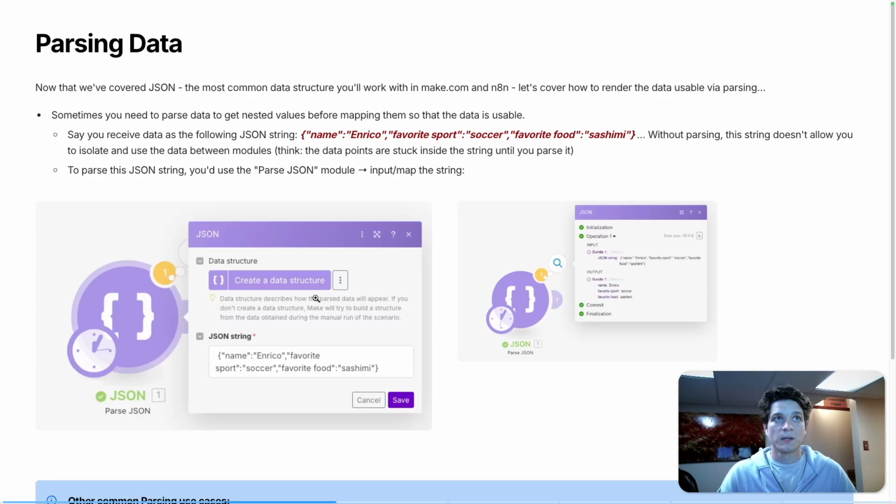All right, parsing data. So now that we've covered JSON, which is, like I said, one of the most common data structures that you'll work with in low-code tools, now let's cover how to render that data usable or functional via parsing. So sometimes you'll need to parse data to get nested values before mapping them so that data is actually usable. Basically, what that means is oftentimes you'll receive data as a string,